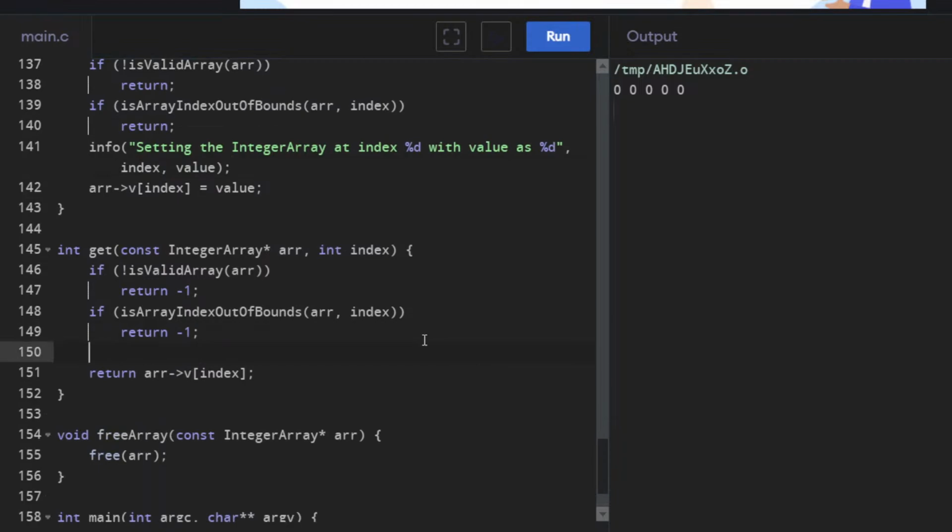And we are getting the value of the integer array at index I,